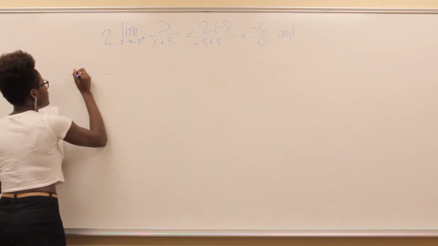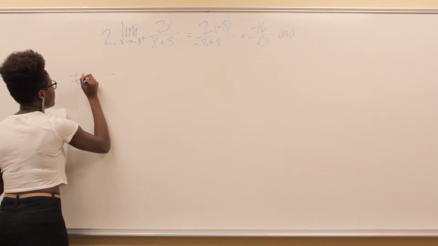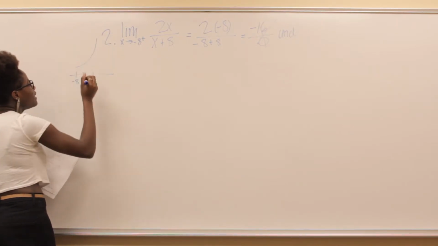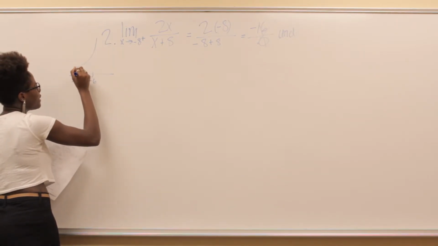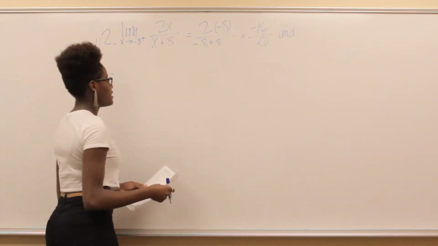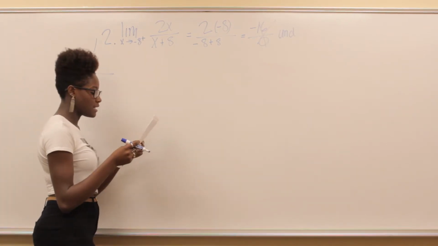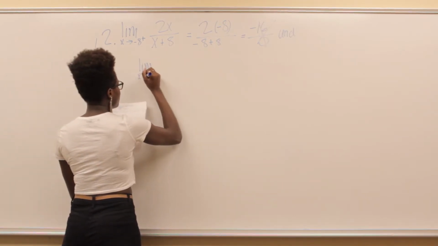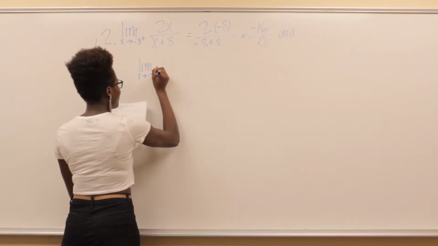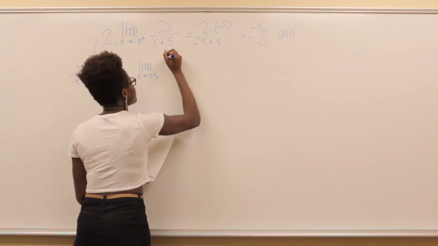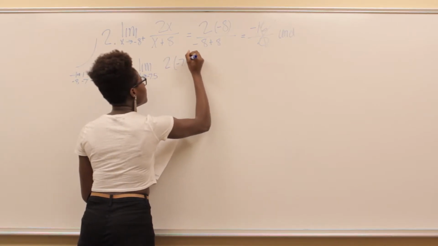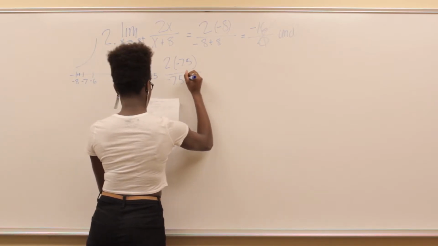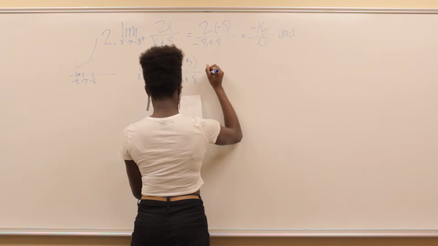at a number line, you see that it's -8, -7, -6. So if a graph is approaching from the right-hand side, then you can pick a number, say right here, to figure out what the limit at -8 is approaching from the right. So I'm going to use -7.5. So we'll do limit x approaching -7.5. So then we're going to plug that into 2 times -7.5 over -7.5 plus 8 equals